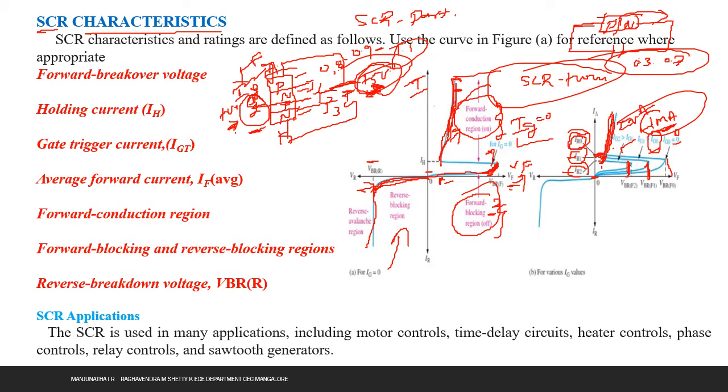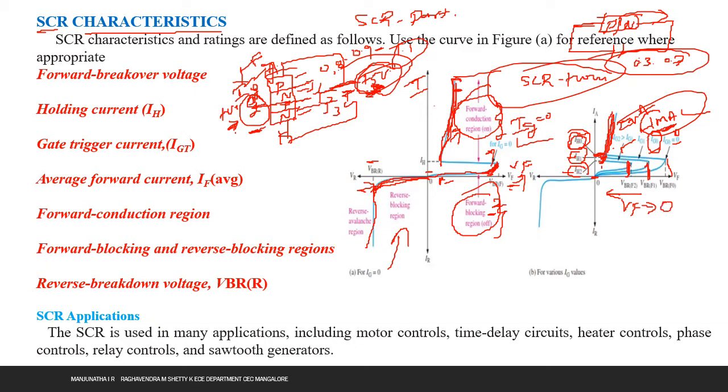Similarly, when Ig1 is some value greater than Ig0, which means more than 0 amps, and for this example I have taken 1 milliamp. After we remove the gate or triggering pulses and I start to decrease the forward voltage VF, we are still able to see the current across the SCR up to some value of VF, and after that it goes to 0.